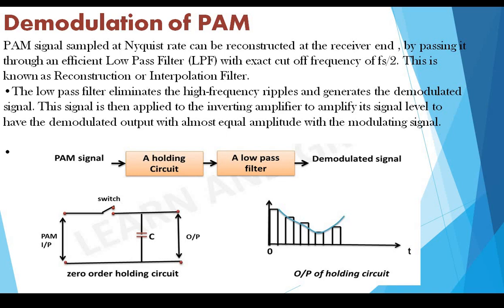So this is about the pulse amplitude modulation demodulator side, the demodulation of pulse amplitude modulation. I hope you are clear with this one. The switch is closed after the arrival of the pulse and it is open at the end of the pulse. Whenever you get one pulse, the switch will be closed. After the complete operation of one pulse is done, the switch will be open. This is how your switch will be on and off, and the capacitor is charged to the pulse amplitude value.